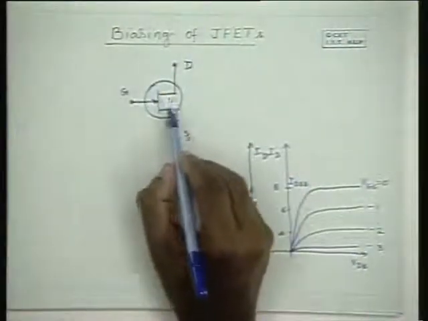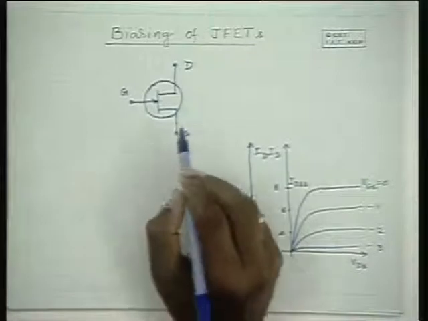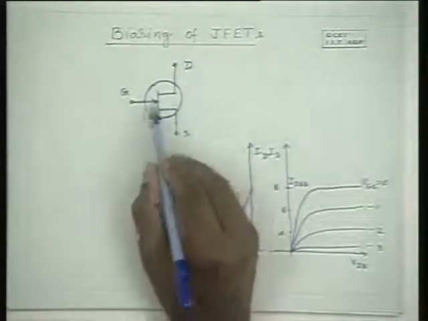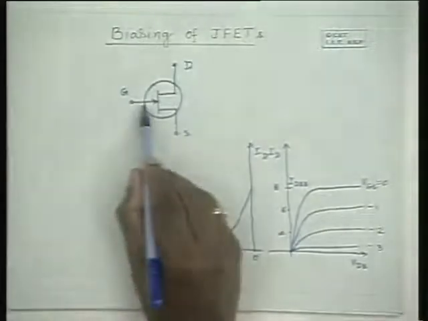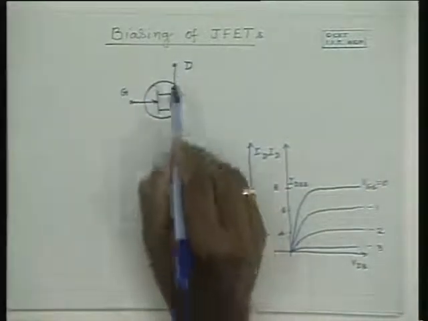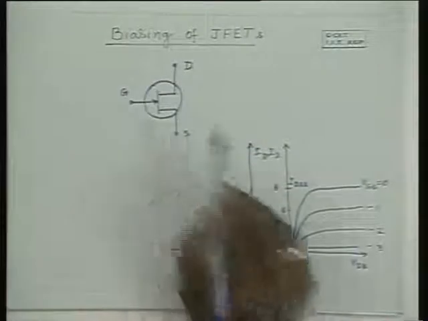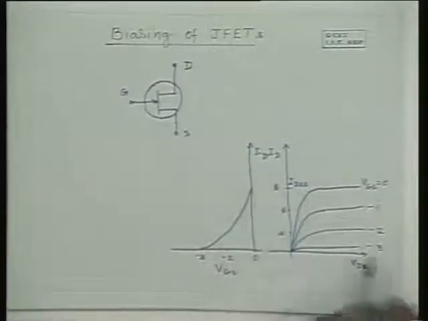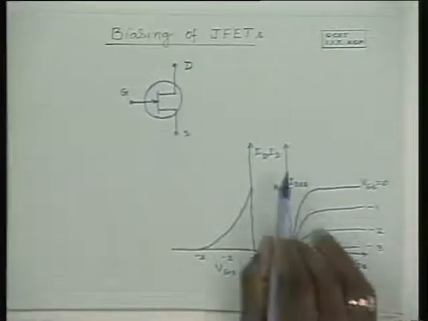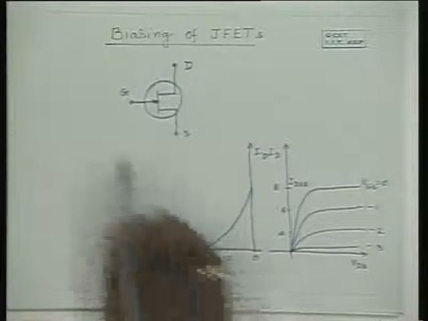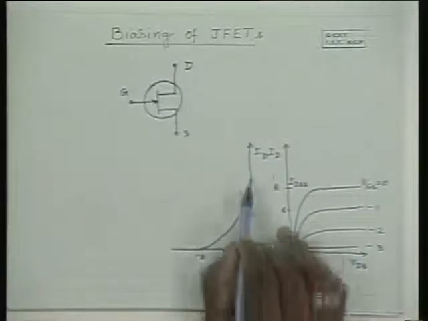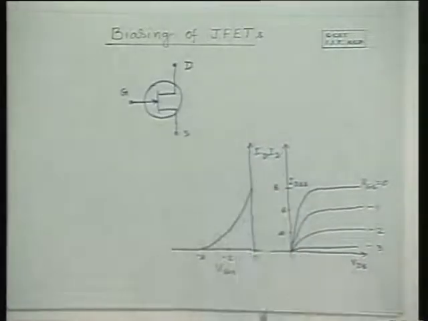So please look at this diagram. You have the junction FET here. It's an N-channel junction FET, and it has drain to source. Here you have the channel, and this is the gate which controls the channel characteristics. The characteristics are as shown here. So this is the output characteristics between ID and VDS, and this is the transfer characteristics between the input quantity VGS and the output quantity, the channel current.